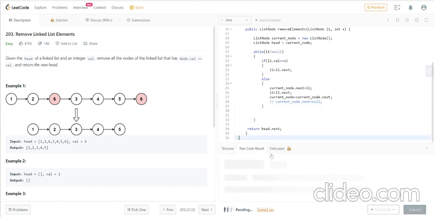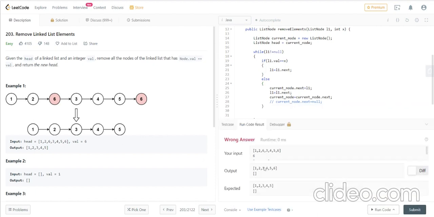So what I was trying to say is, here it is 1 2 3 4 5 6, and 6 is also coming. That's why I want to write current node.next equal to null, so that the 6 value doesn't come. I'm putting the null value after every iteration, where I'm taking the L1 value and L1.next, current node.next, and current node.next equals null, so that the garbage value or the wrong value cannot be referenced.